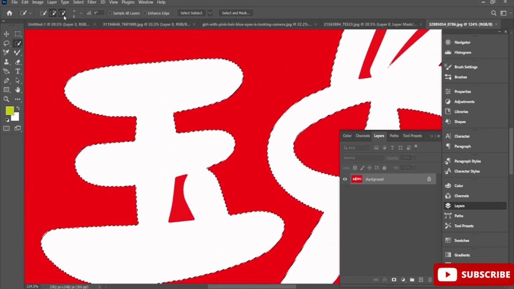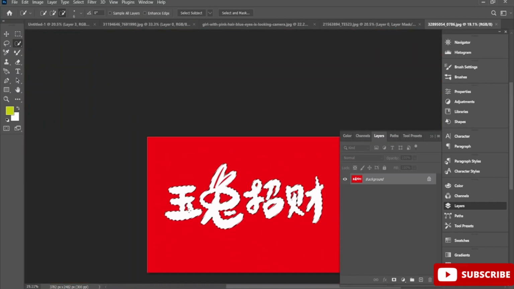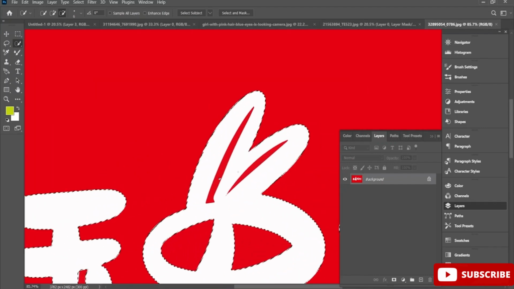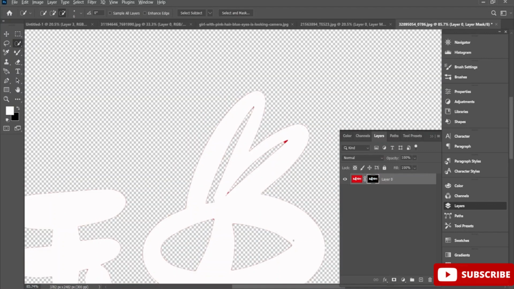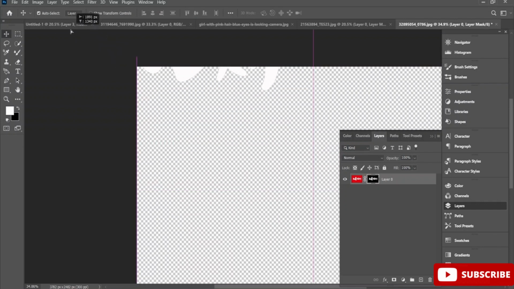Now I'm going to remove these areas too. You can see this part has been selected or removed too. What I'm going to do is remove these areas for the last part. You can see these have been selected. Also these parts have been selected. What I'm going to do is click on this, and you can see these parts have been selected and also removed. What I'm going to do is click on this move tool and take it directly over to the layer